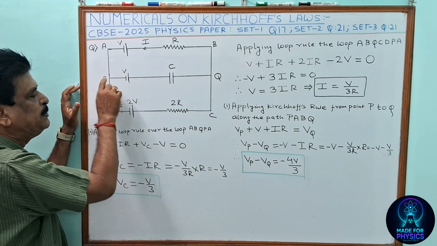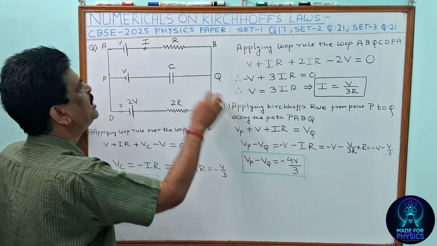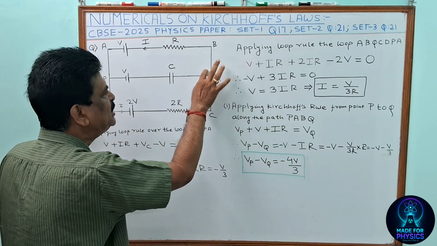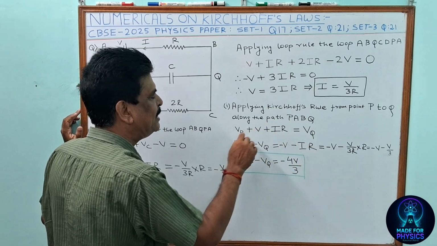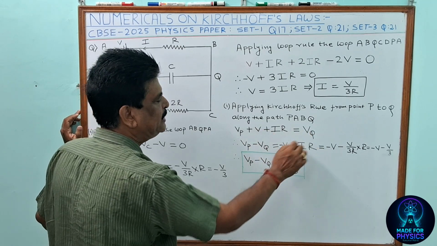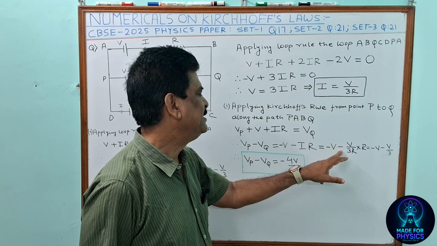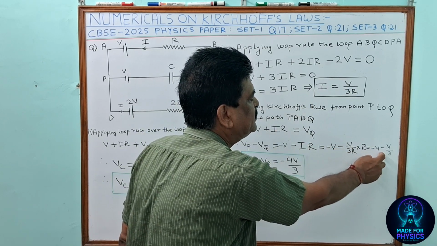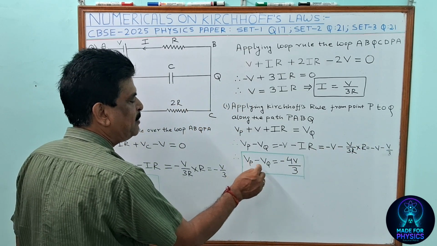So potential at this point Vp, you are going along this direction, so it is plus V. You are going against the direction of the current, so plus IR to this point is equal to potential at this point. तो दिस इक्वेशन आ गया। यहां से हम लोग लिखेंगे Vp, इसको इधर लाएंगे माइनस VQ, ये दोनों को इधर ले जाएंगे माइनस V माइनस IR। सो माइनस V माइनस I का वैल्यू इज दिस, R का वैल्यू पुट कीजिए तो माइनस V by 3। इसको जब सिंप्लीफाई कीजिएगा इट विल कम Vp माइनस VQ इज इक्वल टू माइनस